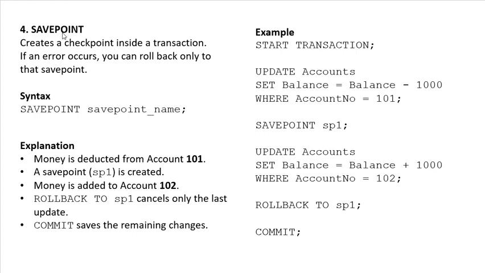And the fourth type is savepoint. A savepoint creates a checkpoint inside a transaction, and if an error occurs, you can roll back only to that savepoint. The syntax is SAVEPOINT savepoint_name; And the example is to start with BEGIN TRANSACTION; UPDATE accounts SET balance = balance - 1000